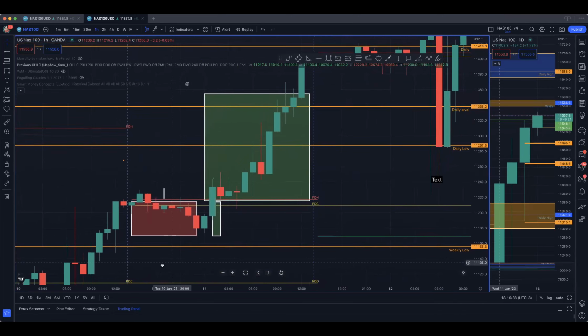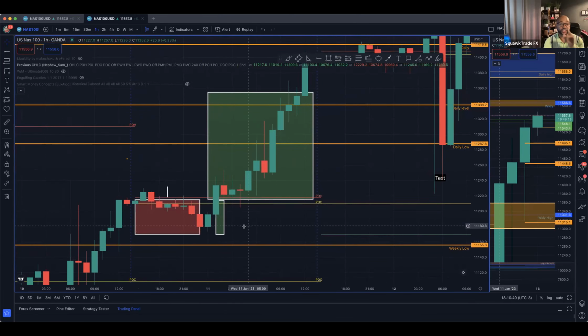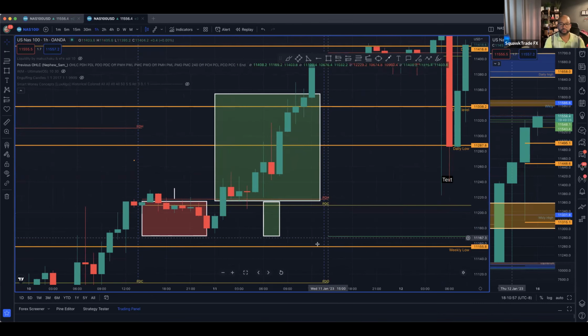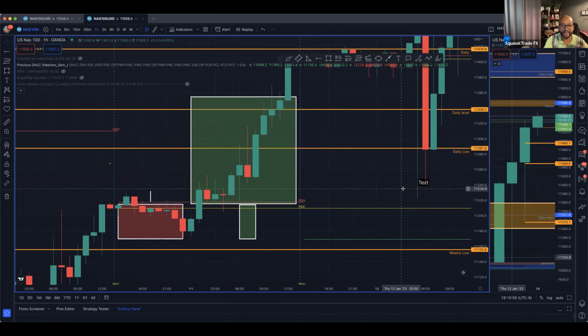But the formation of this day is looking like this. It's really looking like this, right? I'm just going to do this and make it look more like a candle. It looks more like this, right? So if you can identify this and you can accept, and this is a smart money concept,